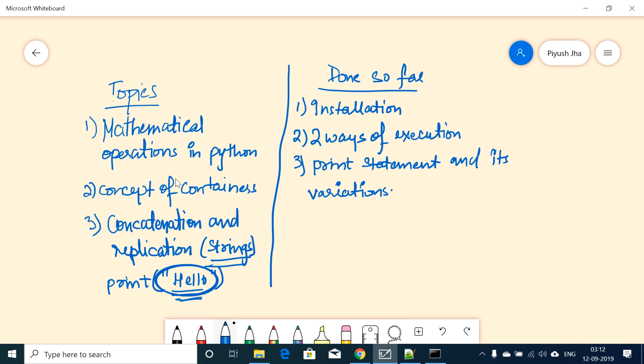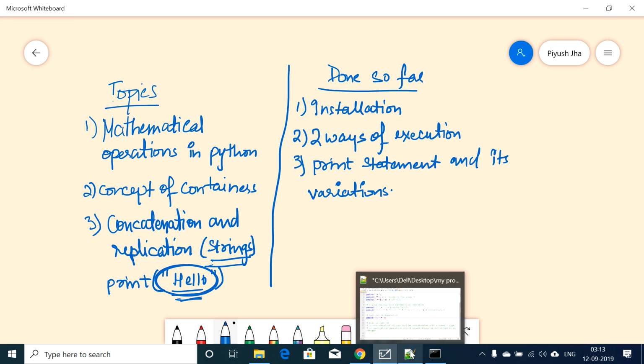Till now in the last lecture we saw how to use mathematical operators, and how mathematical operators, especially the plus sign and asterisk, that is multiplication, work in case of strings. These operations are known as concatenation, that is merging with plus, and repetition or replication with the multiplication sign. Before we move forward to the concept of containers, let us briefly discuss a bit more about